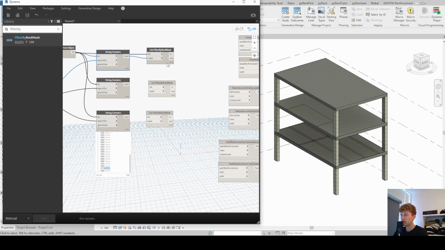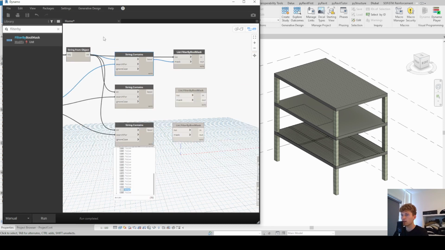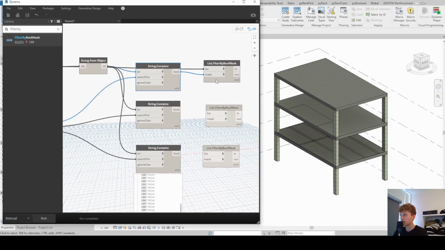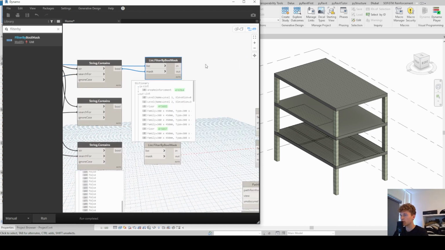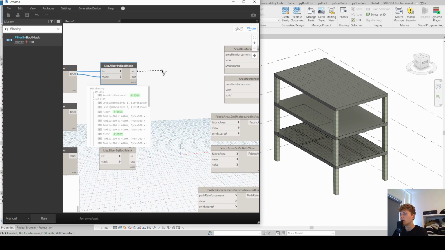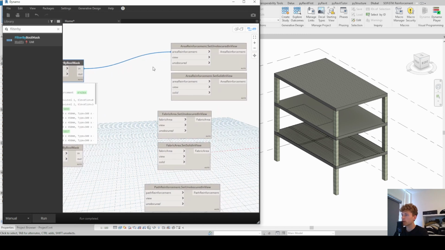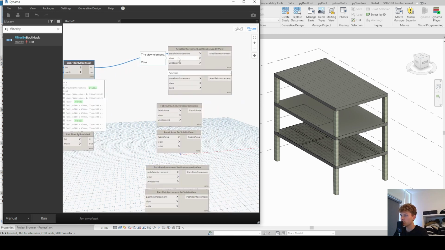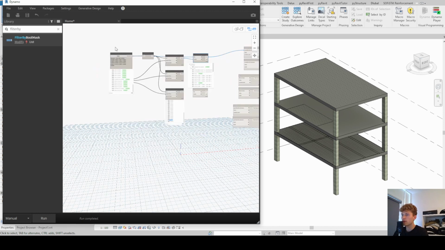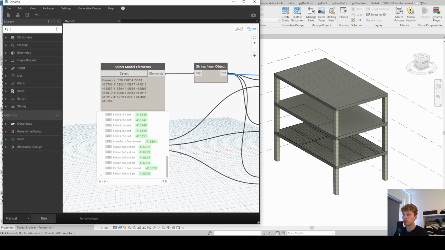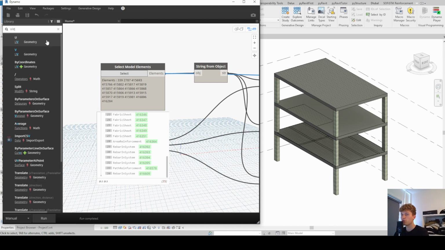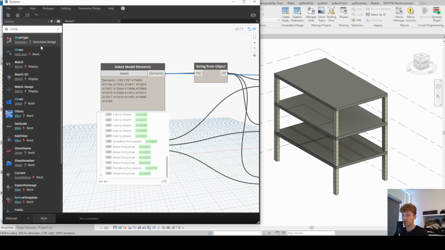Let's try and run this. And actually, we only should get the area reinforcements now. Now we have a dictionary, and there we go. We only got the area reinforcement. Now we take this input and connect it to our area reinforcement, set unobscured in view. And one more input that we need over here is we need to tell Dynamo in which view we want to have it unobscured. So therefore we're going to this select views